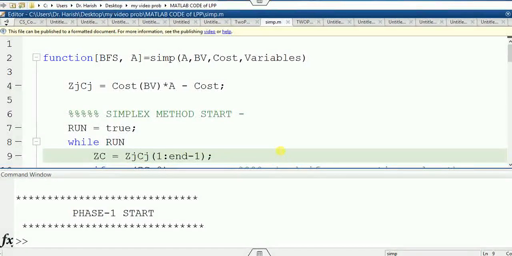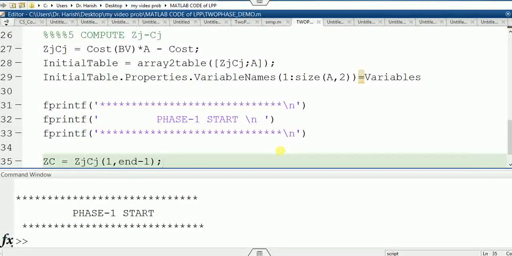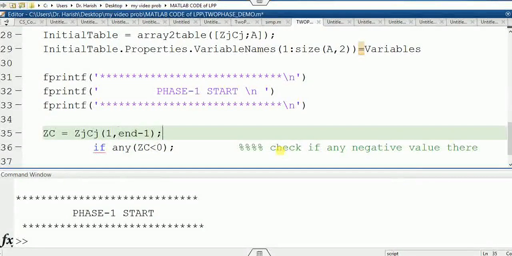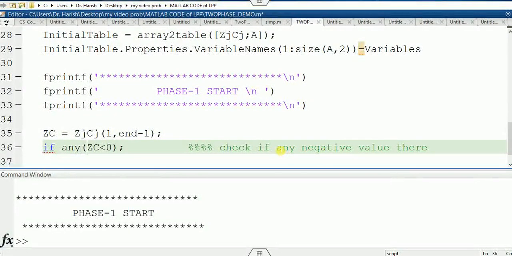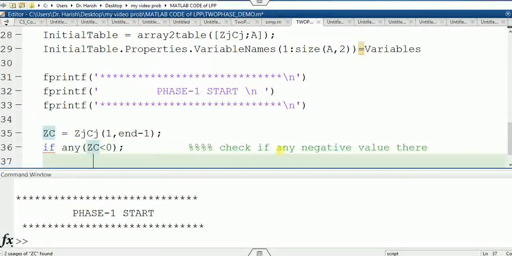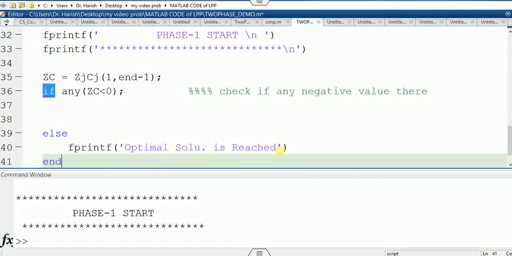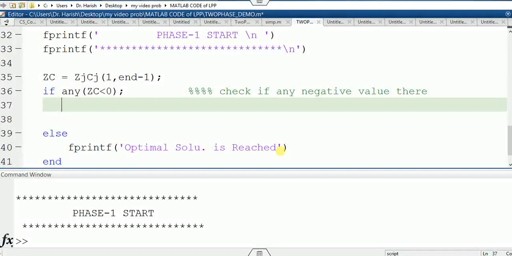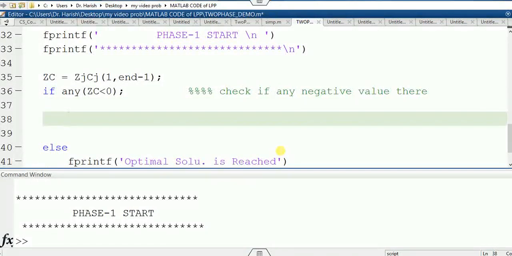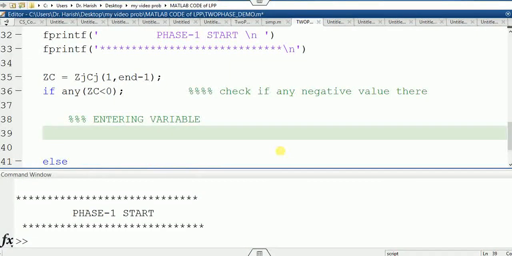Now what we do is: if there is any value of zj minus cj less than 0, then we will find the entering variable, else we will print printf optimal solution reached. That's the only condition, and we will end there. If someone is less than 0, then we find the entering variable, which is always the minimum of ZC.